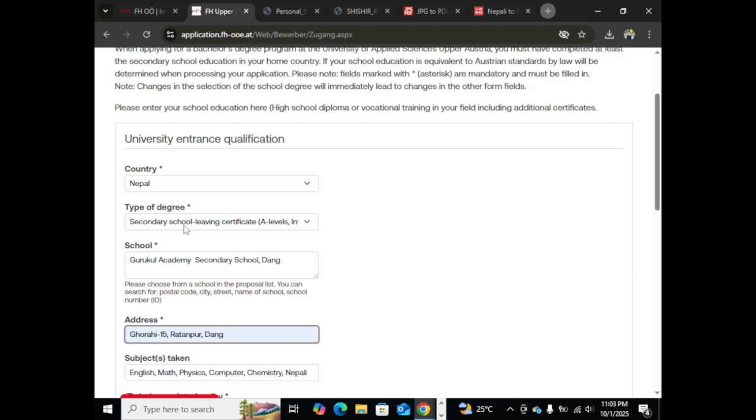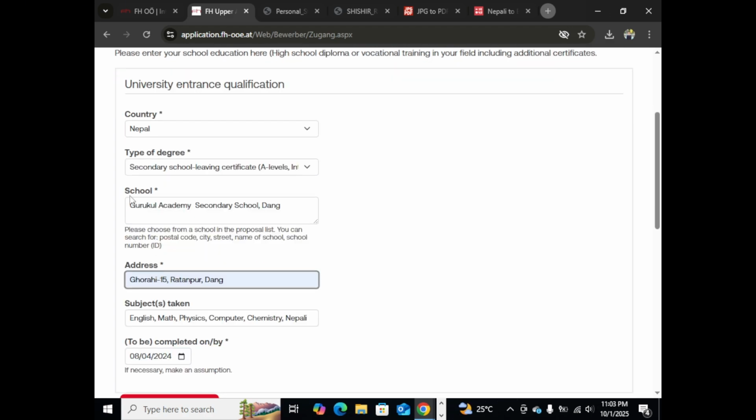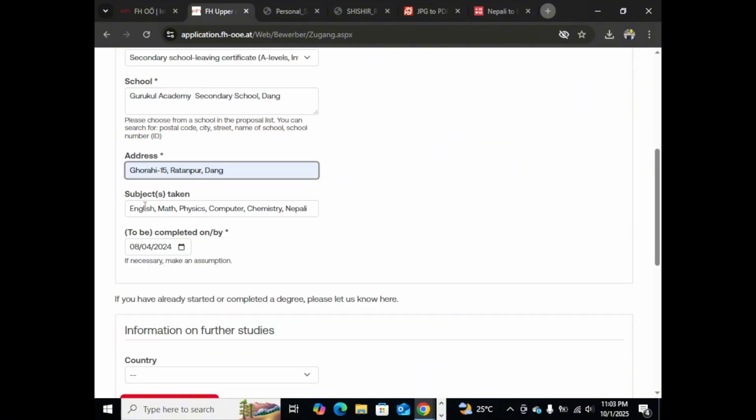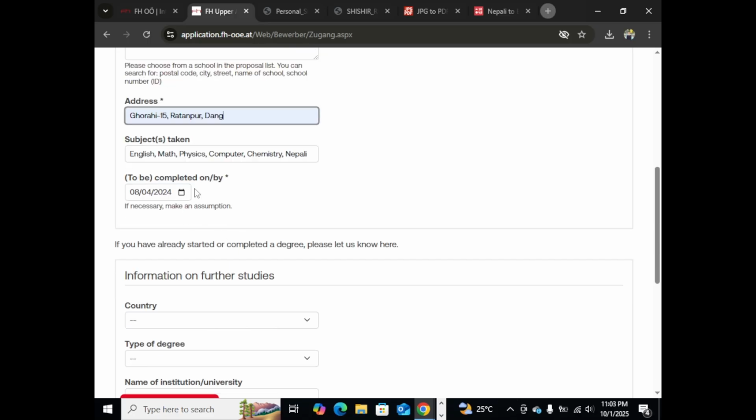I have completed the secondary school leaving certificate, and my school name was Gurukul Academy Secondary School, and your school address and the subjects you have taken during your high school or bachelor level. I have taken English, math, physics, computer, chemistry, Nepali in my high school, and the year of completion: the date you completed your high school or bachelor degree,